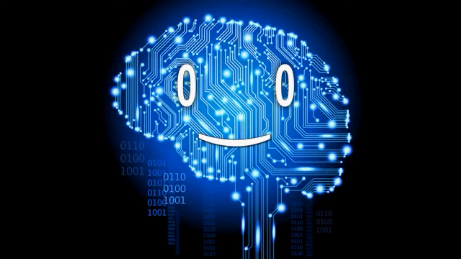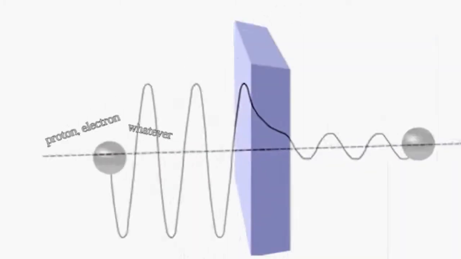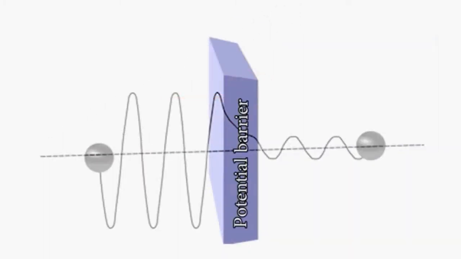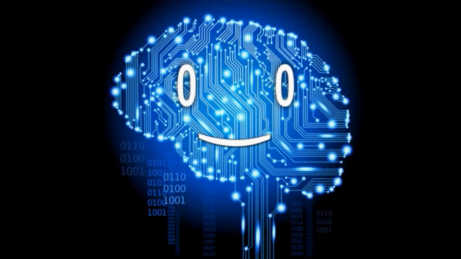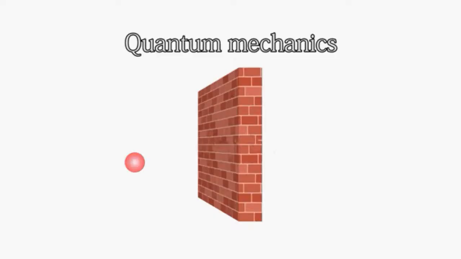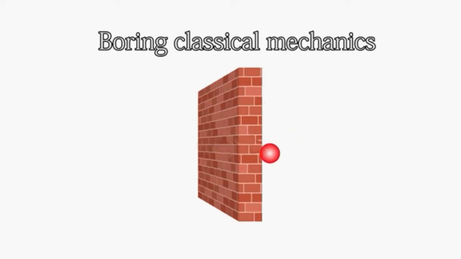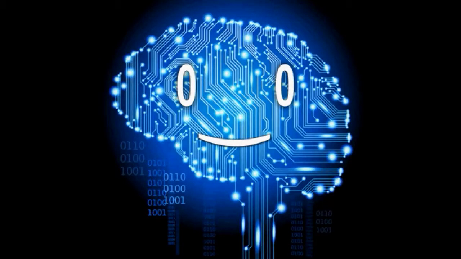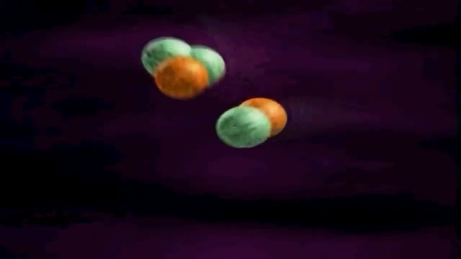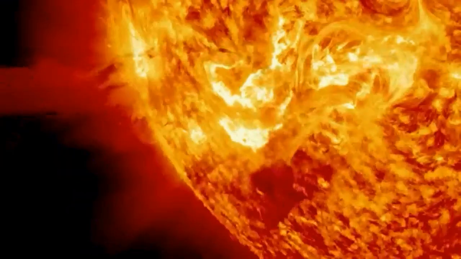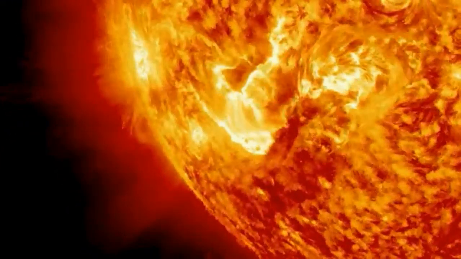This weird thing is a phenomenon where a subatomic particle passes through a potential barrier that it cannot surmount under the provision of classical mechanics. In other words, it permits the teleportation of a particle to a place where it shouldn't be able to get because of the lack of energy. For example, by quantum tunneling, the hydrogen particles are able to form helium nuclei. That's how the fusion process works inside the Sun.